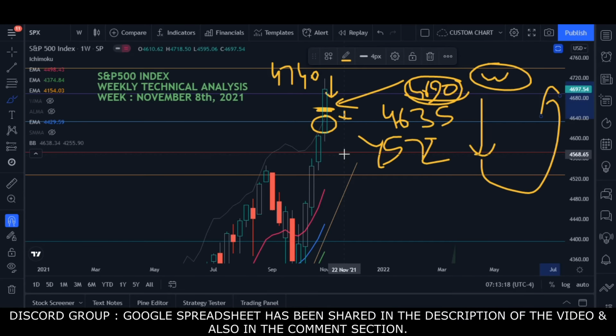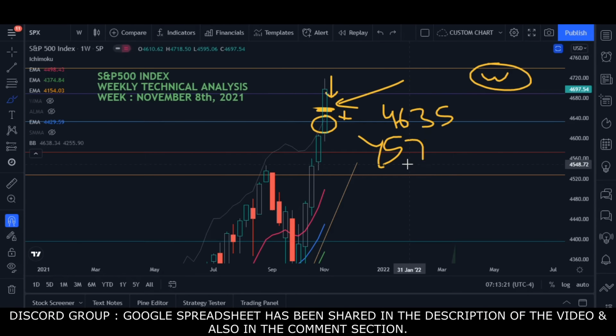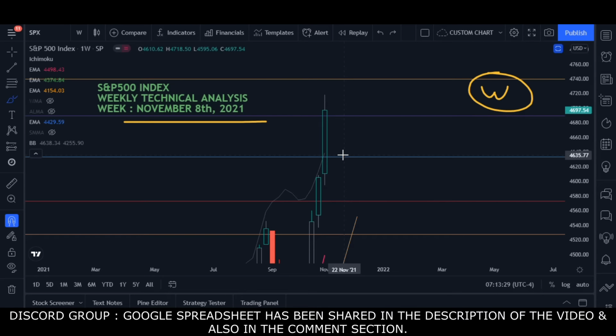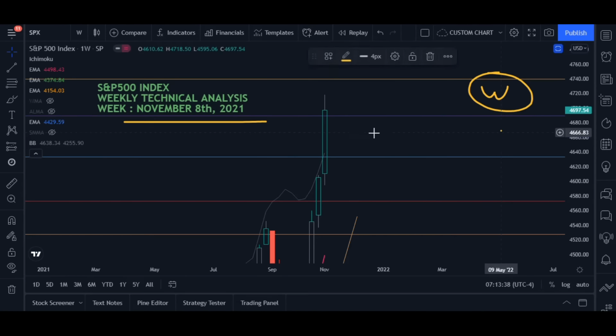Now let's do the technical analysis here. Let me remove these drawings. The first thing we have here is the Bollinger Band. The market is above the SMA of the Bollinger Band, and it has already crossed the Bollinger Band, so the market is bullish, no doubt about that. But because the market has crossed the Bollinger Band, it has to come down in order to respect the Bollinger Band and other technical indicators.